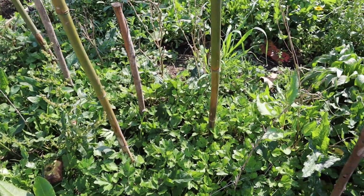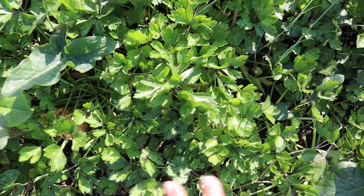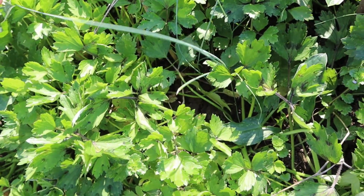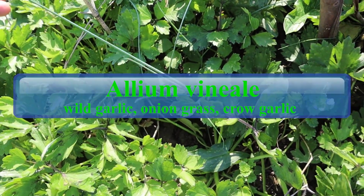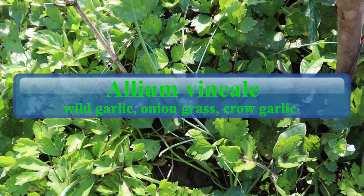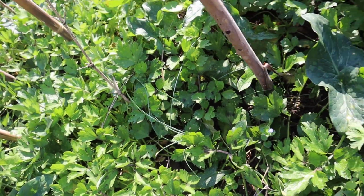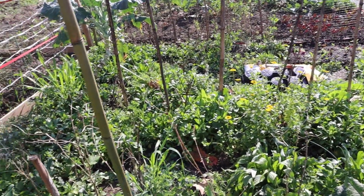We have some parsley plants hidden around here. We had a lot of these coming up this winter. Apparently it's a kind of wild onion that's called, if I'm not mistaken, Allium vineale. I'm going to reference it on the screen because I don't know really how to spell it, and apparently it's quite common here. And yeah, we have some nice spring flowers